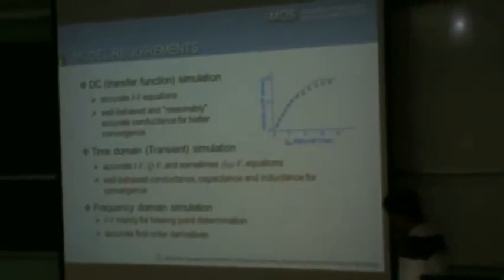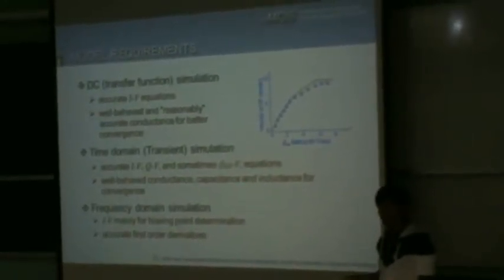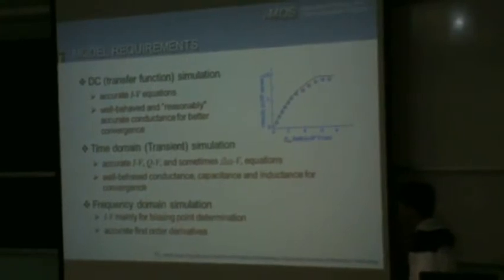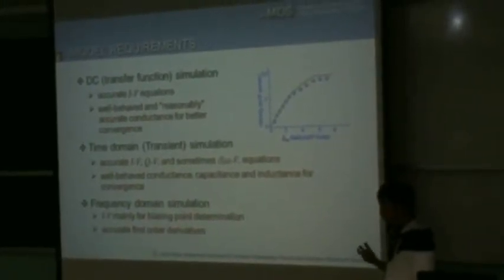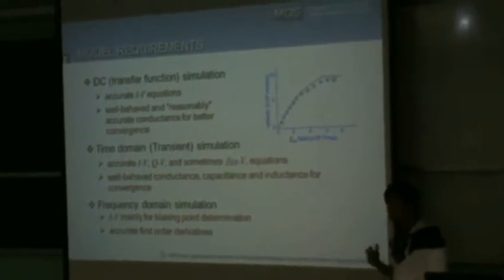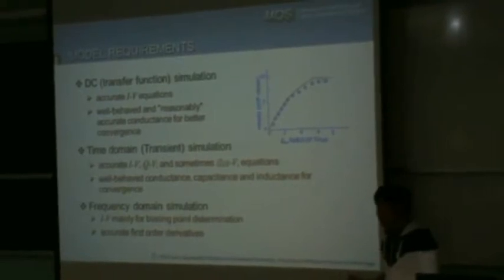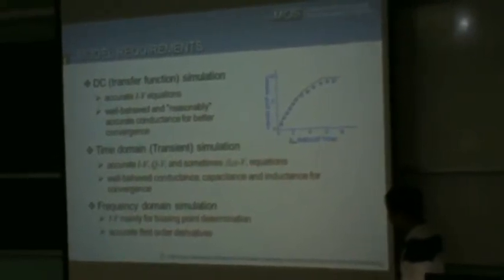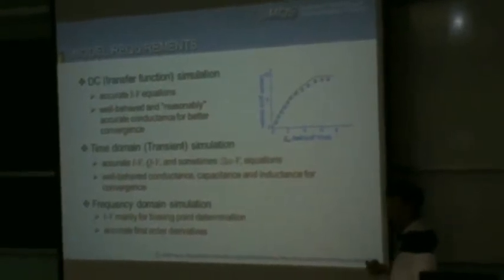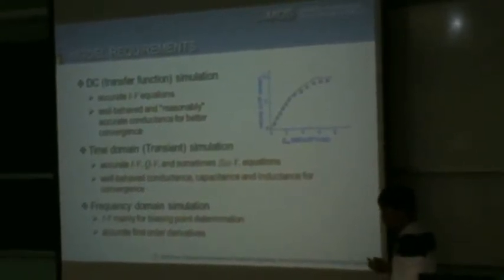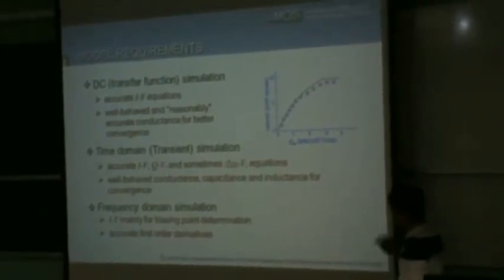Now, given this, we can start to understand what is required of a model. A model is not just equations. When you have a model and you want to put it in the simulator, what the model really does is fill in the Jacobian matrix, and then let the simulator iterate to solve for the solution. In addition, there are different kinds of simulation required, for example DC, transient, and frequency domain simulation. These are the most common ones.